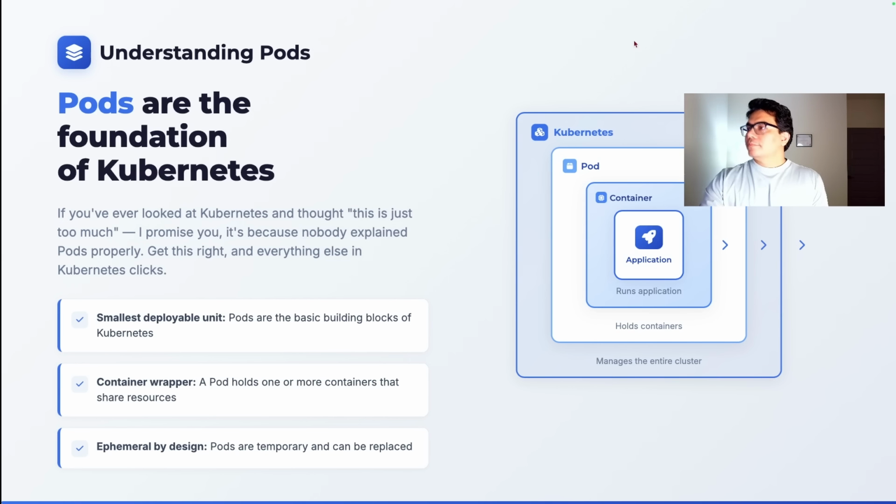Now let's connect this to how Kubernetes actually works under the hood. Our goal is simple, run applications. But Kubernetes doesn't run applications directly. It works in layers. Applications run inside the container. Containers are placed inside the pods. And Kubernetes manages those pods. So when you think you are deploying an app, you are actually deploying a pod that contains the container containing the app. And this is why a pod is called the smallest deployable unit in Kubernetes.